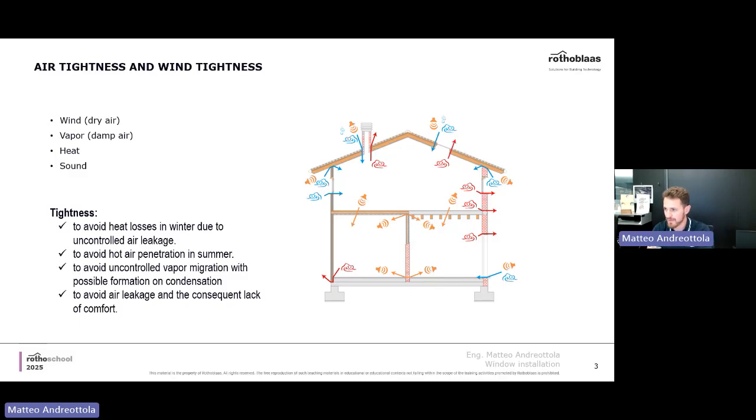So let's try to understand together what airtightness is in the first place, and why airtightness is so important in buildings. First of all, airtightness is important because you avoid having cold air coming into your building, and this is obviously important for the cold bridge, but cold bridge is just one issue that you might have. If you're lowering the temperature inside of the buildup of your structure, there's also another risk, which is condensation risk. And we will see some examples and pictures of it, especially related to window details, throughout this presentation.